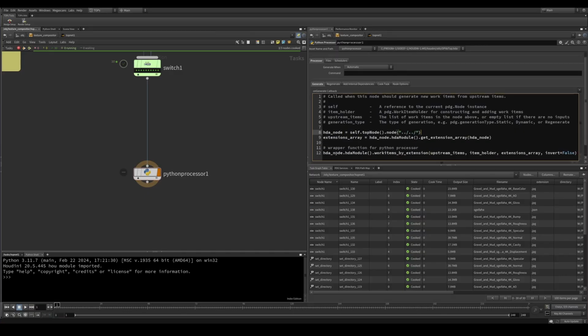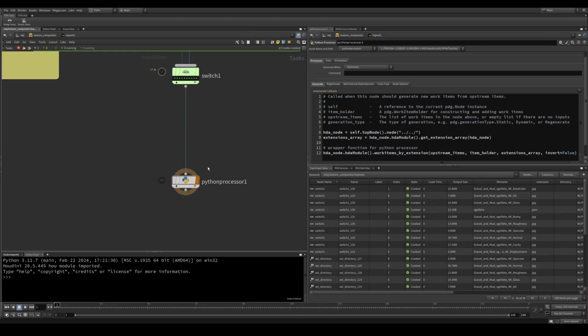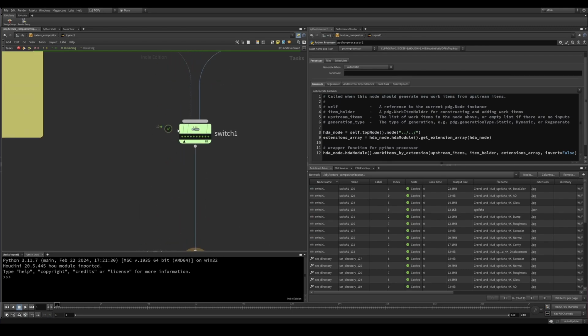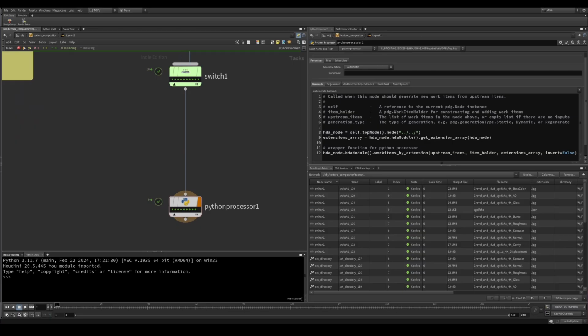And the wrapper function is again HDA node, HDA module, the function we just wrote. Then we passed our upstream items, item holder, extension array, and inversion is going to be false. And if you go ahead and cook this node, you can see it has dropped 1 extension because in our parameters